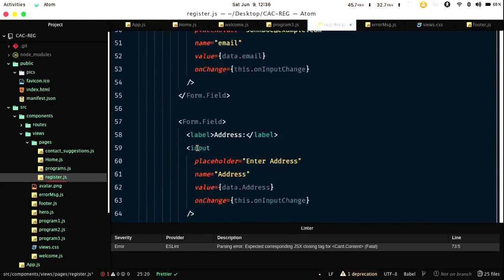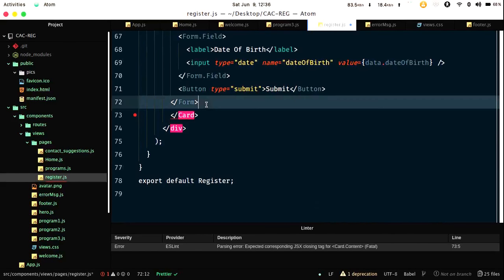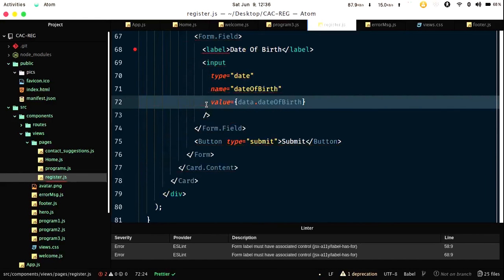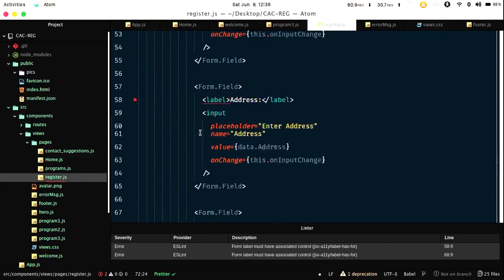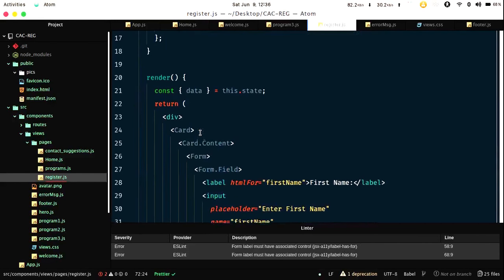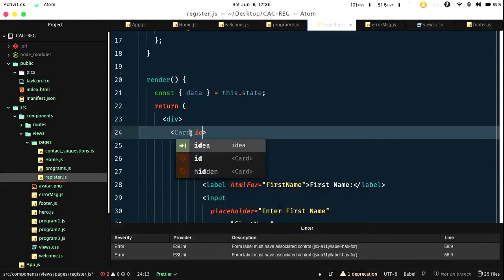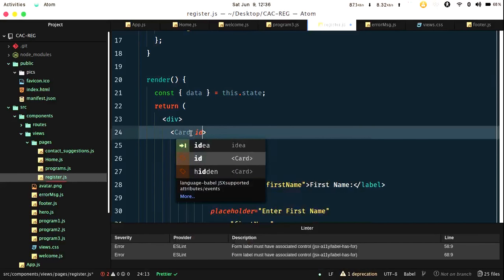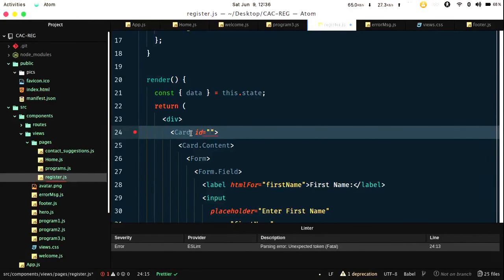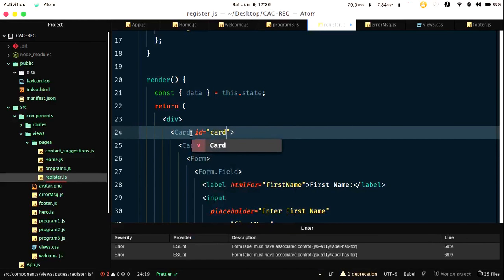Copy this down to the bottom also. Save, format it for us, then go back to the top. Then first I want to add an ID here. So this ID is going to help out with a little bit of box shadow. I already wrote that code previously when I was writing the other components for this project, so I'm just going to include that here,